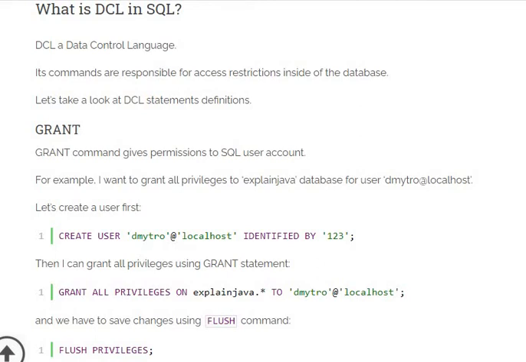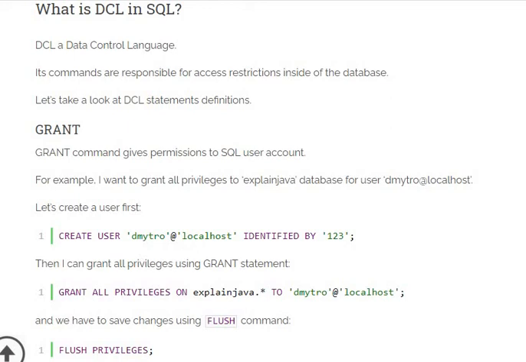So grant and revoke. Grant all privileges. All privileges means insert, delete, update, etc. You are granting all privileges on some database to the user. And we have to save changes using the flush command. We will be discussing what grant and revoke are in detail in the coming sessions.